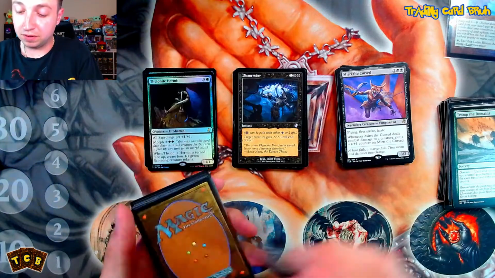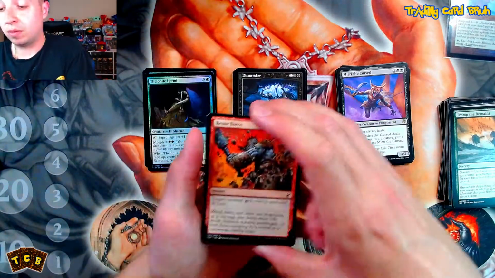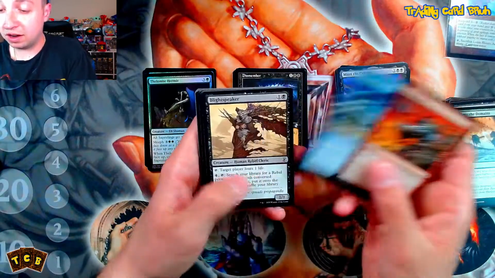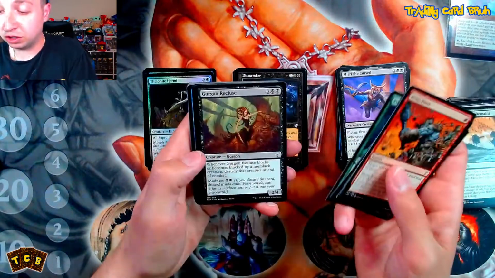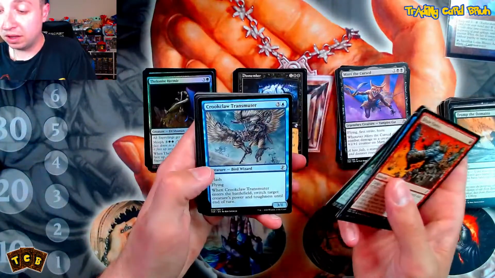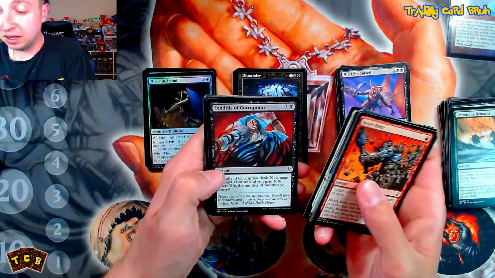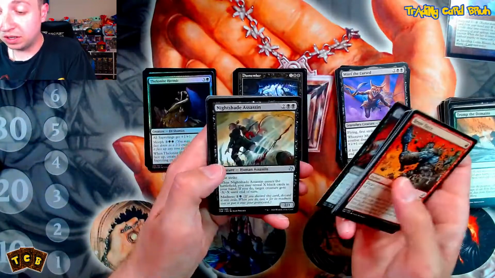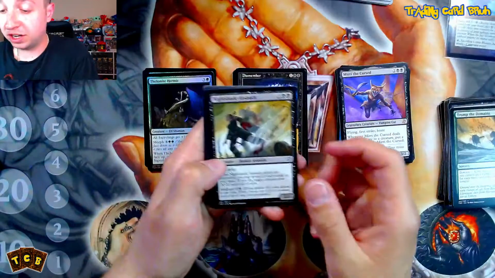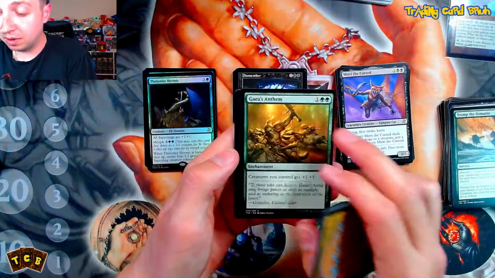Let's see what token we got. Insect. Brute Force, Yawgmoth Oddity, Blightspeaker, Evolution Charm, Gorger Recluse, Dirkwood Bailiff, Crookclaw Transmuter, Mana Tithe, Tendrils of Corruption, got Nightshade Assassin, Sulfur Elemental, Gaea's Anthem, and